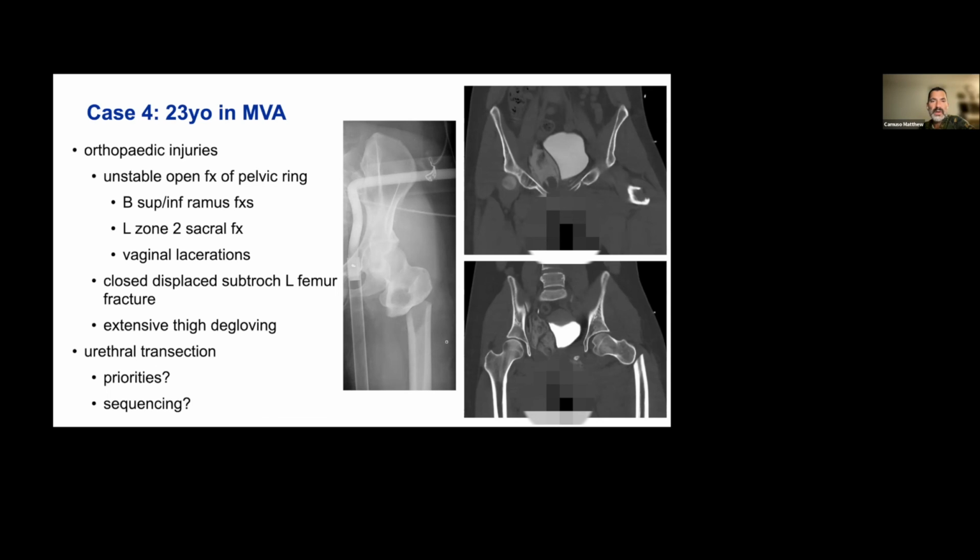Any other thoughts, Ray? Yeah, I think it's really interesting when you see that displacement of the bladder, and we're likely seeing that due to the retrograde urethragram that was done. But sometimes, if you're careful and you're picking up on these soft tissue things, you can see that kind of displacement just from blood. I think it's kind of hard to tell. You were there, but it's hard to tell.